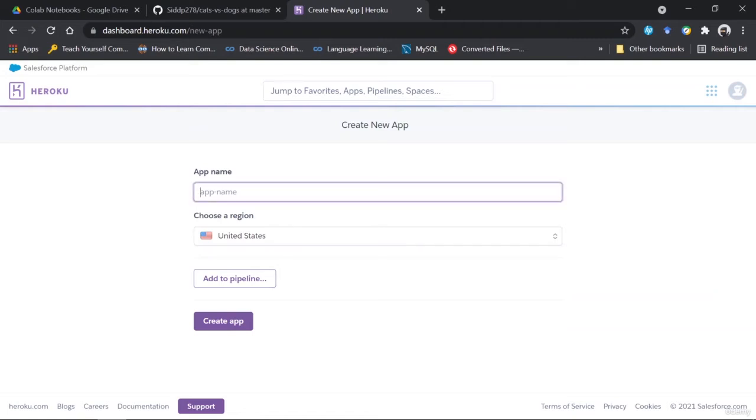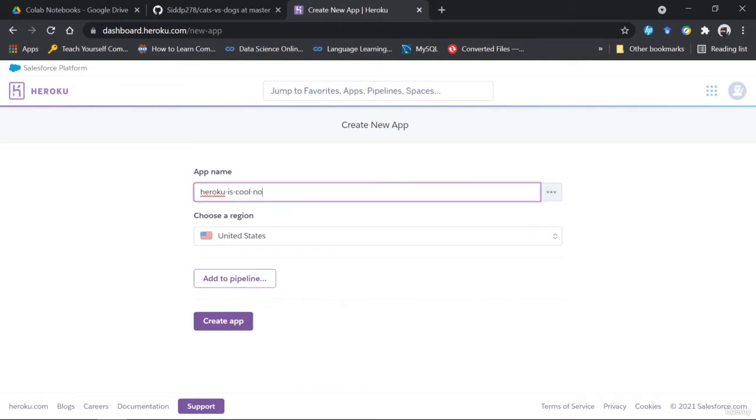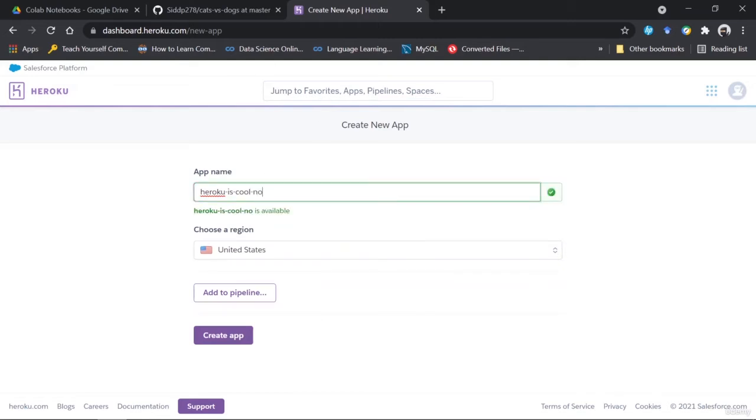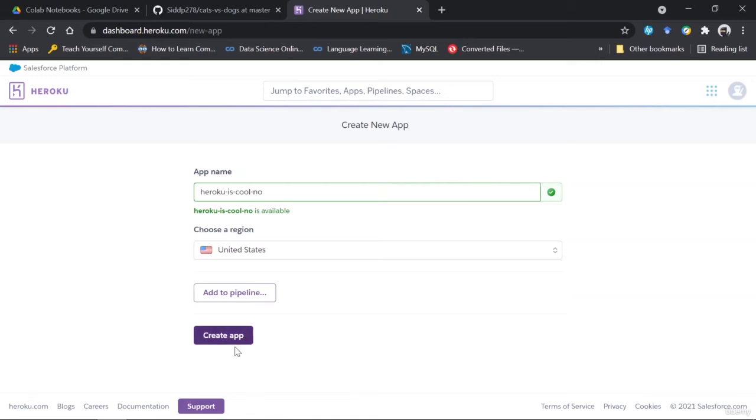Here you can type in any name. Okay, this is not available, and this is available. So you simply type the app name, choose a region, it only gives you two options, and then create the app.